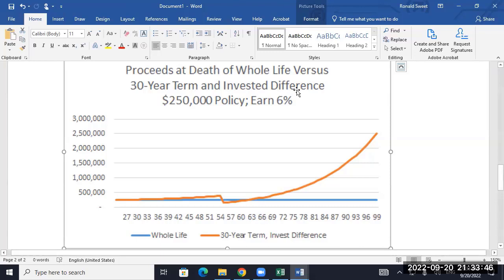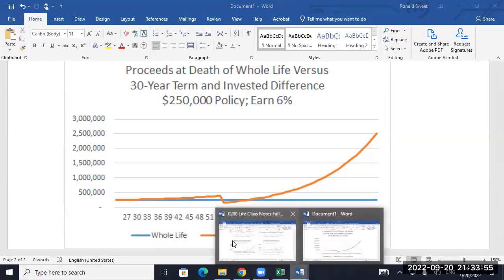That's assuming you invested the difference. Who's disciplined enough to keep investing the difference? Well, hopefully some people are, and that works. And then the last scenario I did